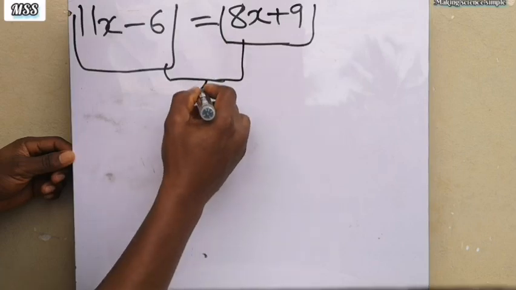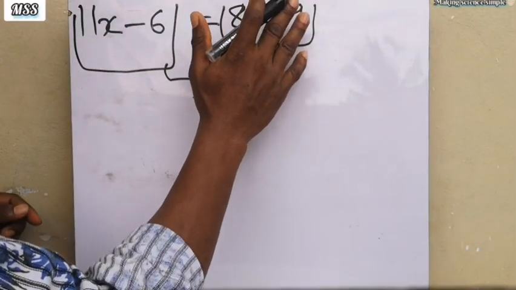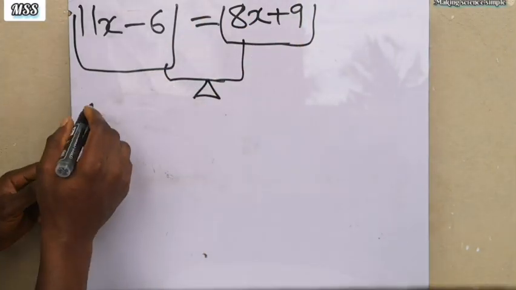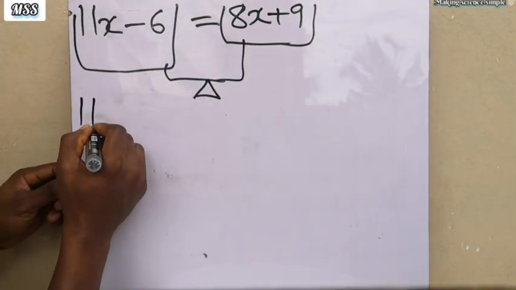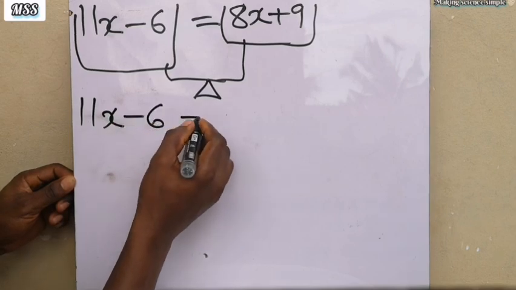So in a balance scale means that the value here and the value here are the same. So we can now write 11x minus 6 is equal to